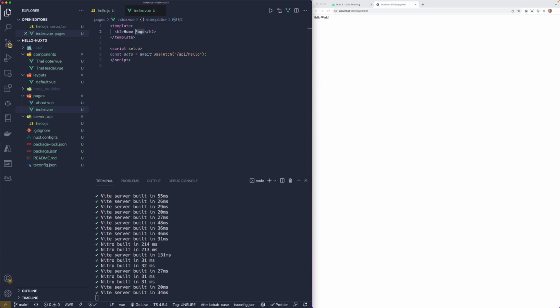So now here in our H2, we can just output whatever that value is. And so now if I go back to our home page here, which is our index, we have some information coming back. So here's our data. Actually, we want to destructure that. Let's go ahead and pull the data out of there, and that'll just give us that hello world. So now we have some ability to create routes and back-end functionality in our Nuxt app, and this is really